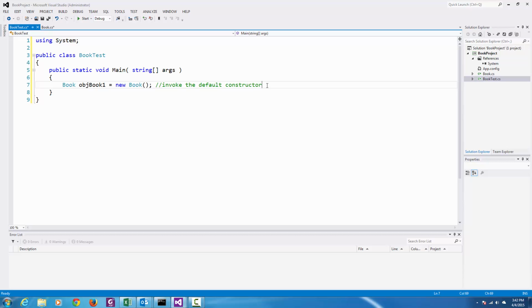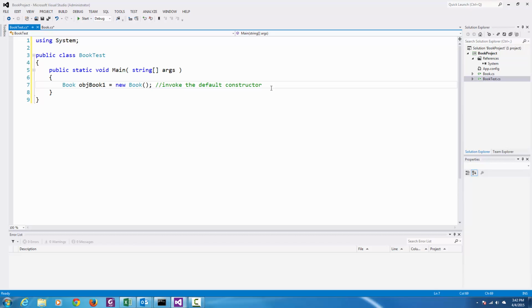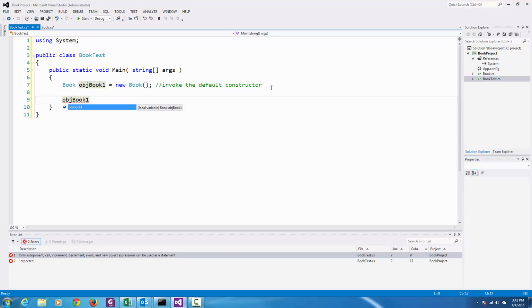And then we've set up a few properties, and the only method that we defined in our book class was the constructor. But let's say I type objBook1, and then I type the access member operator, the dot. You see here we have all these other methods that are available to us: Equals, GetHashCode, GetType. Here are the two properties we wrote, and then there's one here called ToString, right? So let's say I click the ToString method,